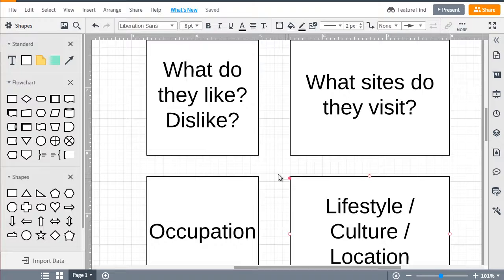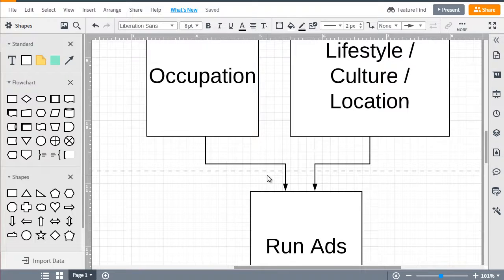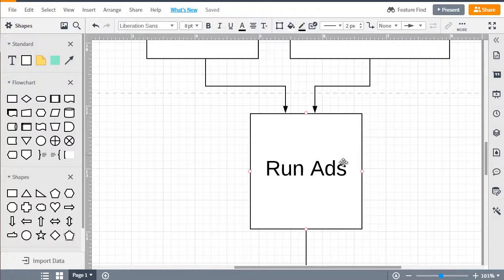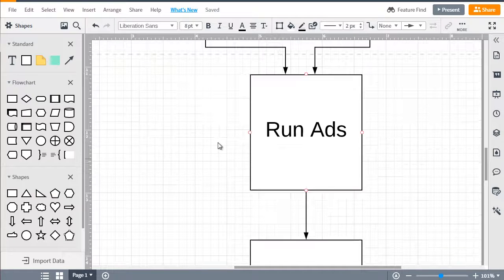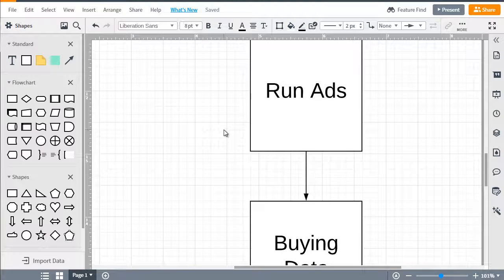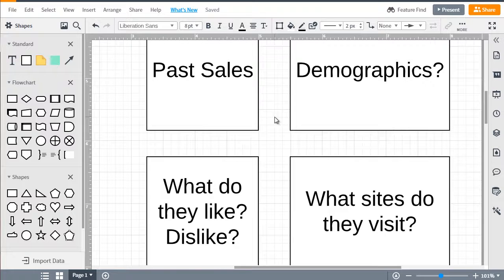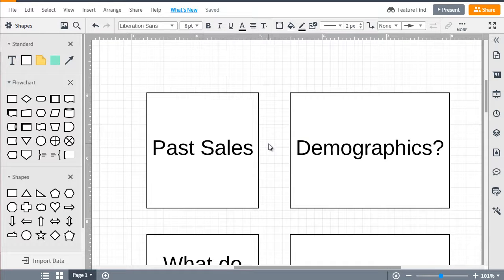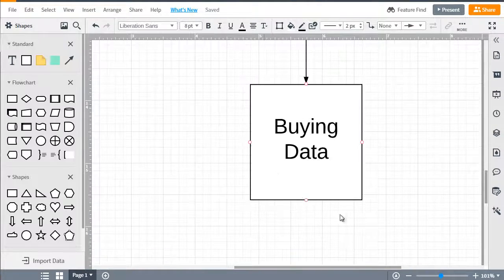So based on all this information, what you want to do is kind of get an idea, and then the process is you begin to run ads based on this information, and then based on the ads and the data that Facebook gives you, you buy data, and the data tells you exactly what that person looks like. And that's something that you can't really do with search engine optimization or other types of traffic. And that's the beauty of Facebook ads. So once you figure out exactly who is clicking on your ads and what kind of interest they are targeted in or grouped by, it'll make your life a lot easier.